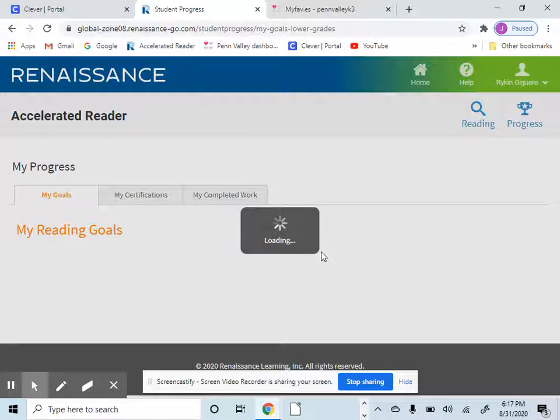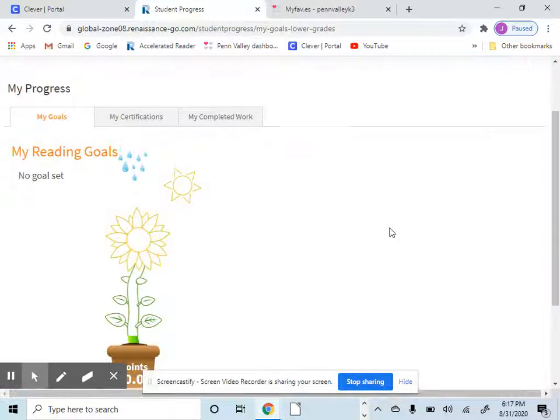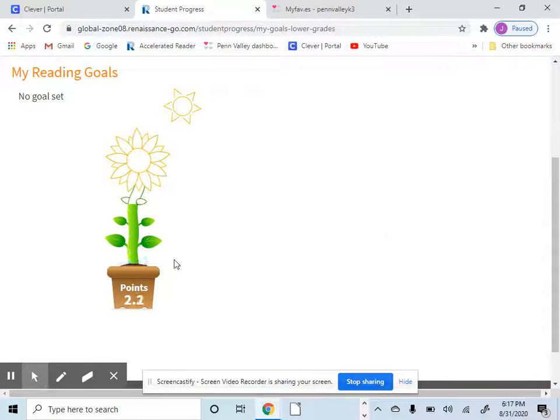And here's the screen where my reading will water my goal flower and it'll go up. So this child doesn't have a goal set, but